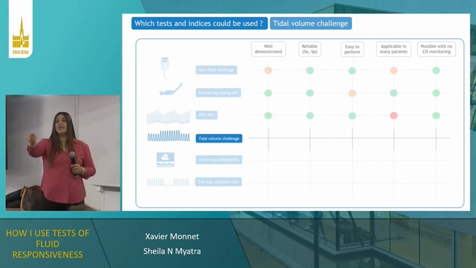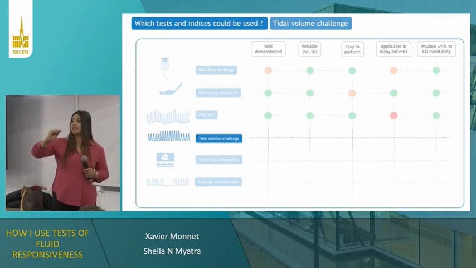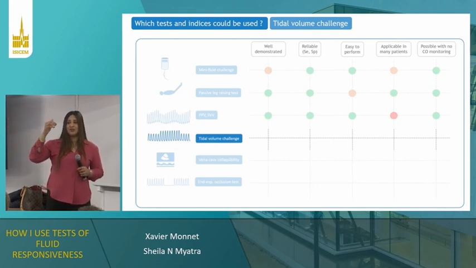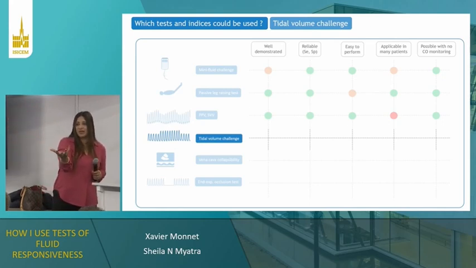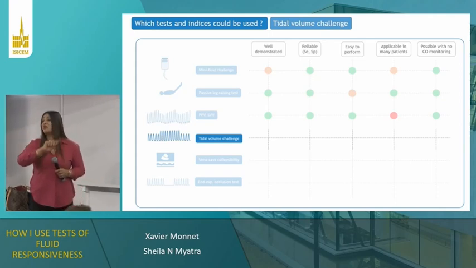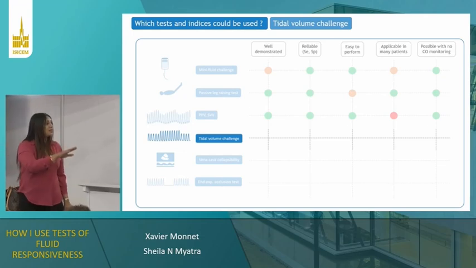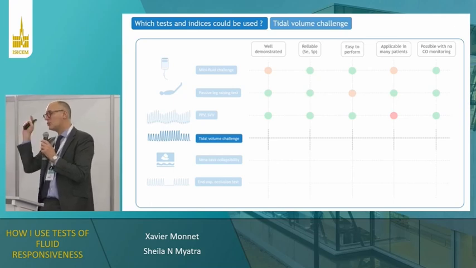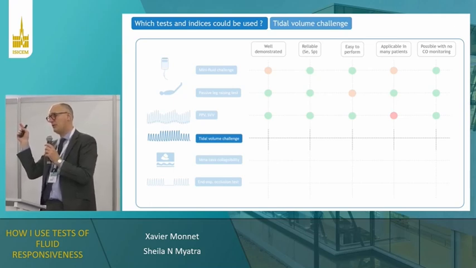So your question is that if you're using 6 ml per kg and say my pulse pressure variation is 18 or 20, so this is already a fluid responder with the low tidal volume. The problem is that if the value is 6 or 7 and you're using low tidal volume, then you don't know whether this is a fluid responder or not. Am I right, Xavier? You're right, but in this case you have a nice way to use PPV in any case,